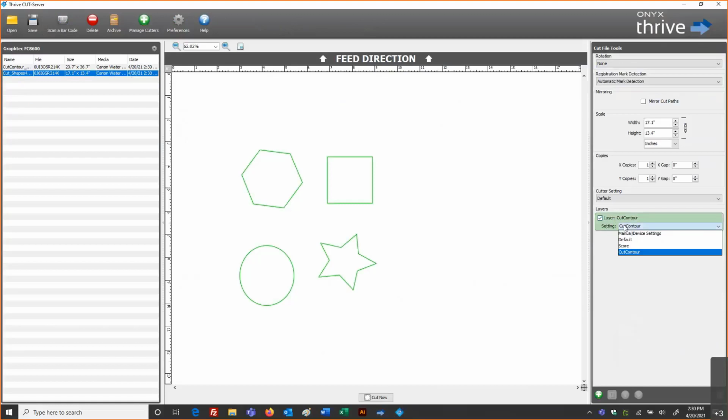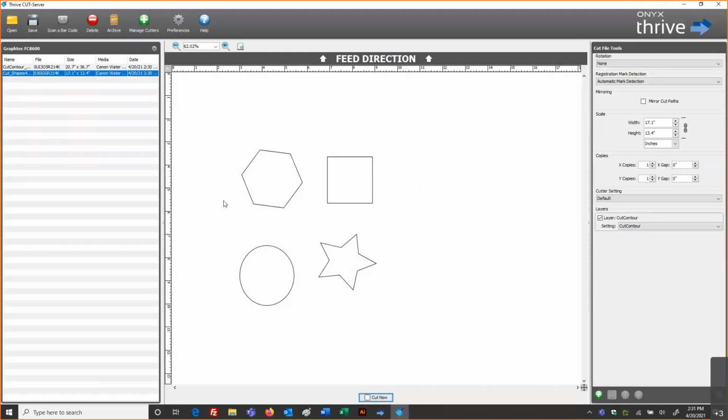And this is optional, completely optional, but this can automate your workflow, in how we specify the tooling based on the layer name. And then, of course, I associated those shapes to their own layer for that name. Now our print is completed. We'd walk that over to our cutter, feed that in the proper direction, move our optics to find the marks, and when it's ready, send this cut information to the Graphtec cutter by clicking on Cut Now. And that's going to write the file over to that directory. The communication takes place, and we start to cut our file.